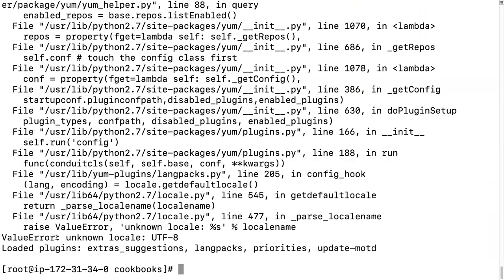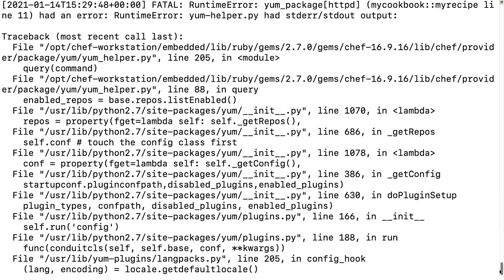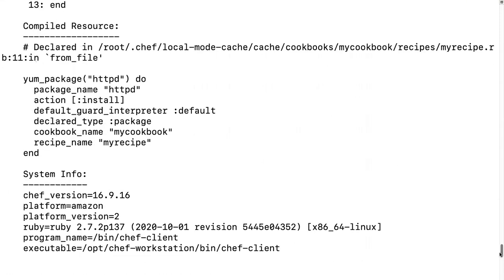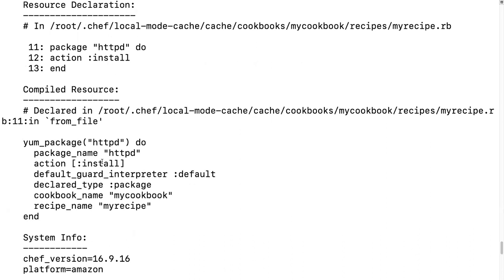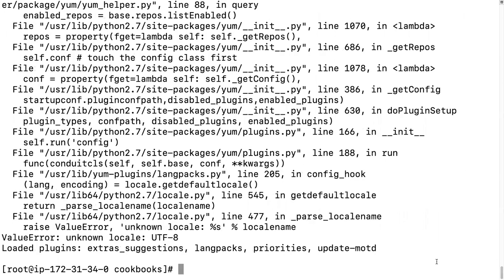Yum package. There is some error. Okay, give me a minute. There is some error. Yum package name. Oh, I entered two colons here. Let's update once.